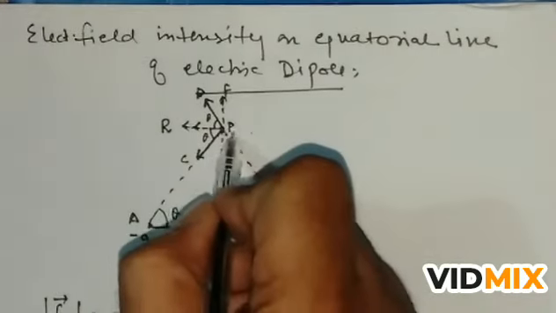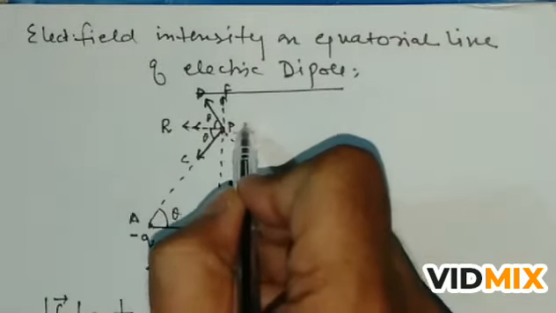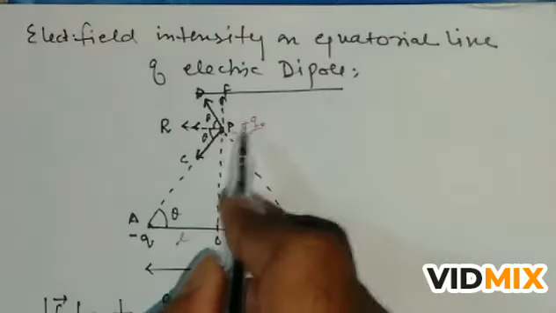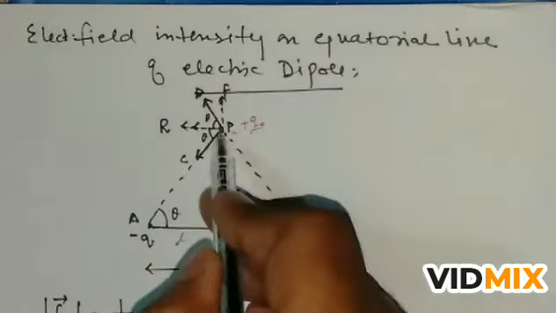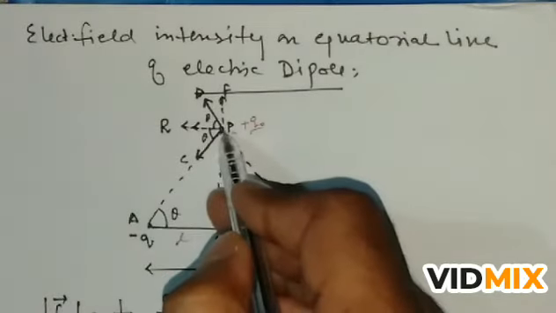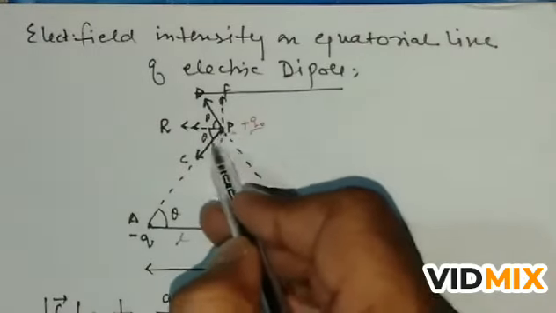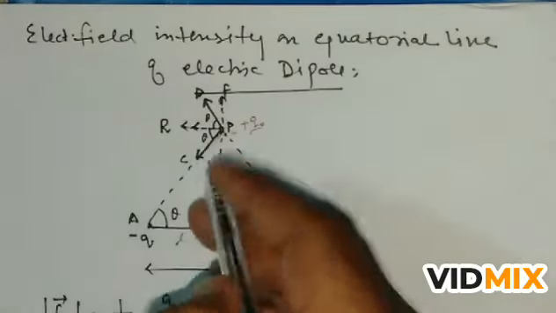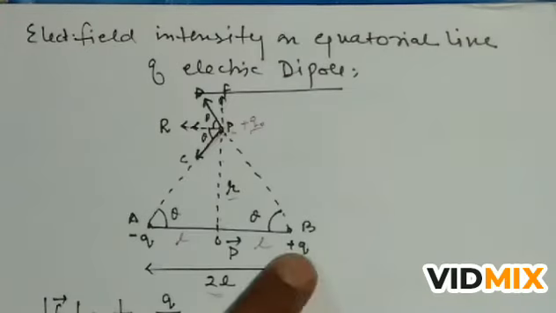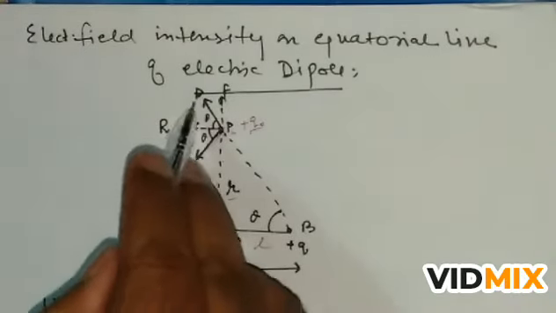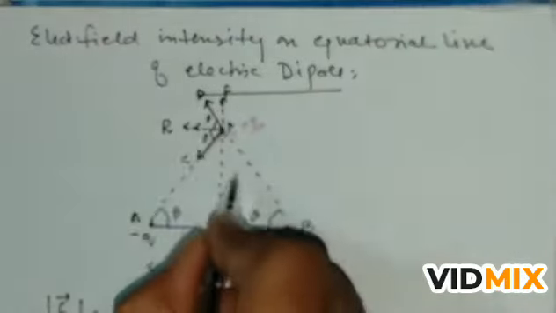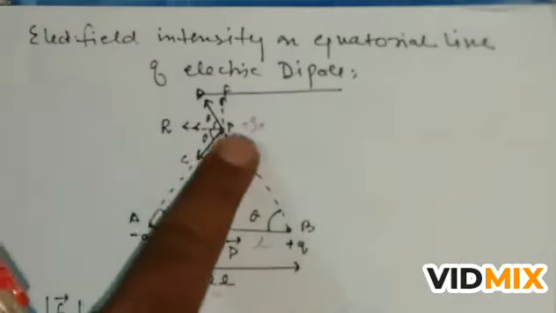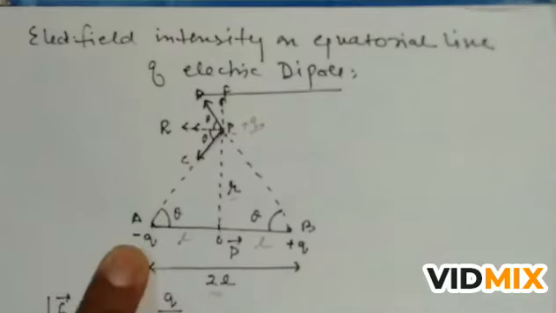We have taken a point P here and put a small test charge here. Due to this test charge, this negative attracts this charge here, means the electric field is towards A, means the electric field due to this negative is PC, and due to this Q is away from the charge, means this is a D point, this is D. So PD is the direction of electric field due to this positive, and PC is the direction of electric field due to this negative charge.